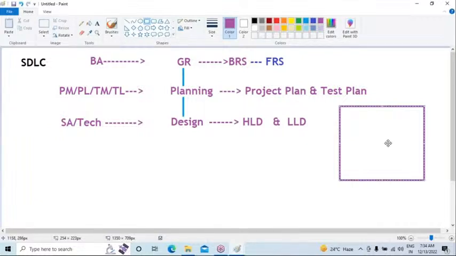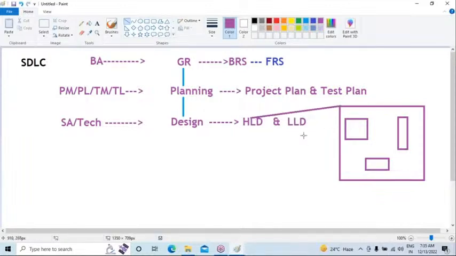If you are going to construct any house or building, we get the architecture, right? That is called the high level design. Now moving to the low level, the small functionalities related to the project are called the low level design. So here we have to focus on it. For example, individual rooms: each room's diagram is called the low level design. So this is about the design, high level and low level. So based on the design, the developers will develop